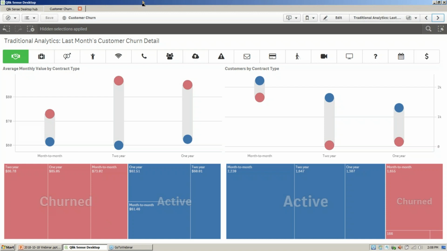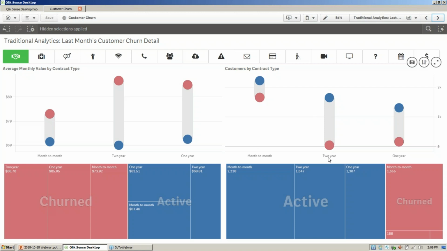And at the top, what we see is what's called a distribution plot. Distribution plots are a common way of trying to get a handle on churn because they allow you to see a spread. Anything on the screen in that reddish color are folks that have churned, and everything in blue is people that have remained with us. On the distribution, one of the things that you can really see at a glance is the spread. The bigger the spread you see here, the less churning is going on for that particular category.